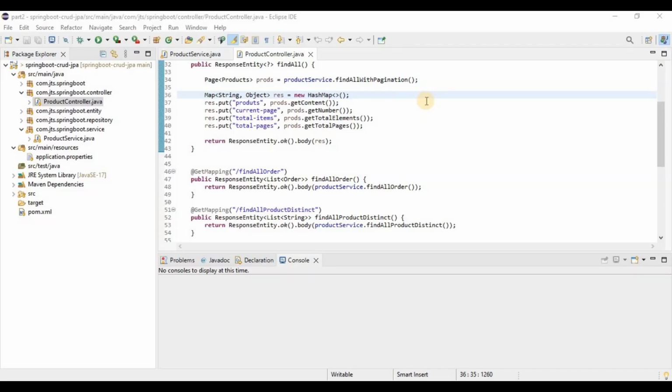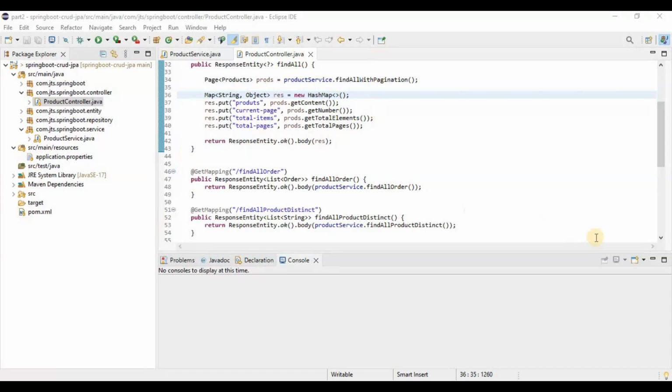Hello everyone. In this tutorial I am going to explain how we are going to integrate MongoDB with Spring Boot applications and perform different types of CRUD operations like create, read, update and delete operations. So basically, as you know, previously I have already implemented CRUD operations using H2 databases and also explained some